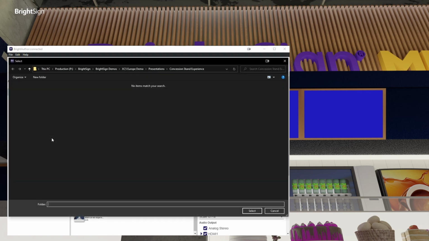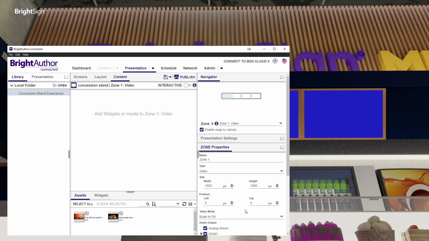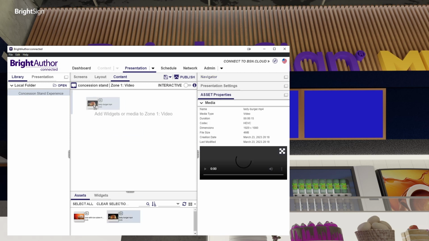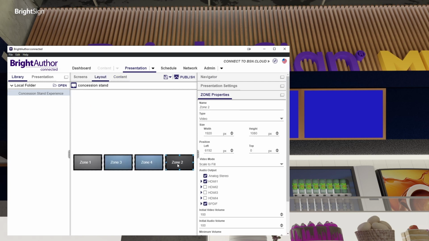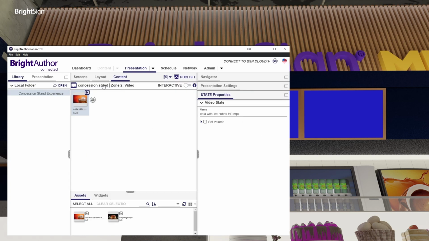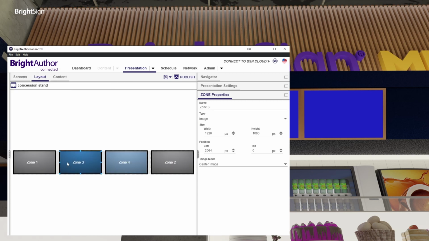Go out to our menu board folder. And I'm going to grab a video here for a burger. We'll put that one on the left. And then over here on the right, let's do a soft drink. And then here in the middle on these 2 zones, what we're going to do is actually drop in our